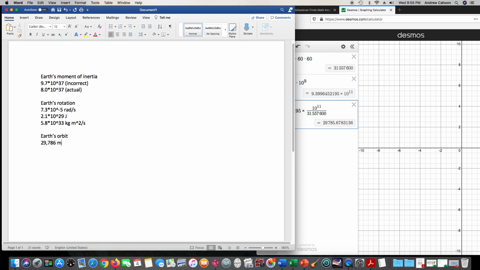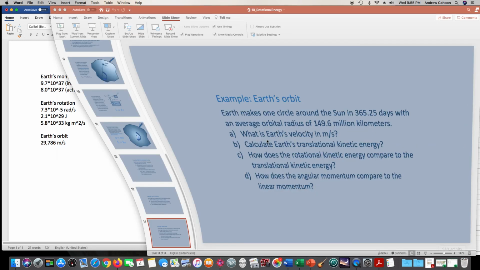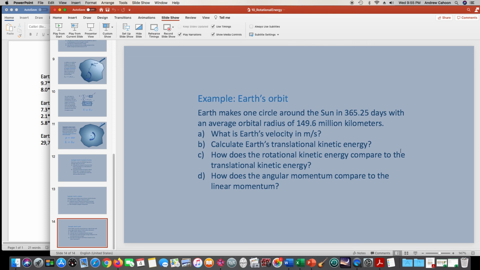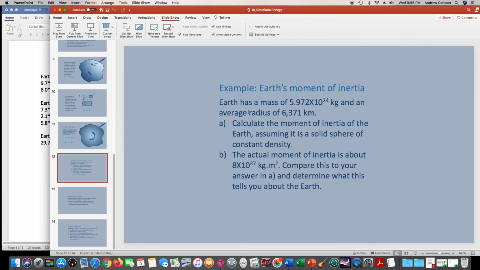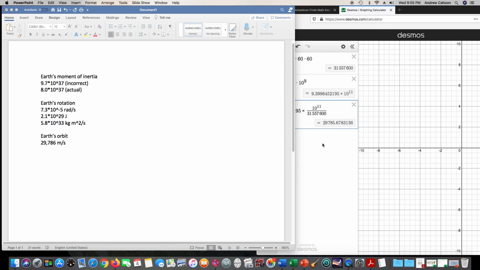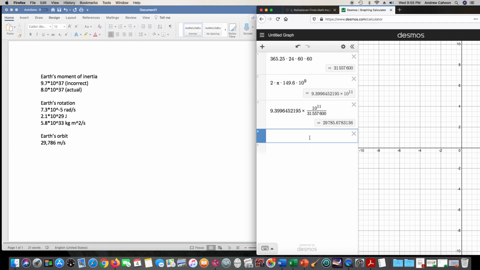29,786 meters per second. So that's how fast it's moving through its orbit. Now calculate Earth's translational kinetic energy. We have its mass from a previous part up here, 5.972 times 10 to the 24. And we'll need that because the formula for kinetic energy is 1/2 times m, 5.972 times 10 to the 24, times velocity squared. And the velocity we just found,